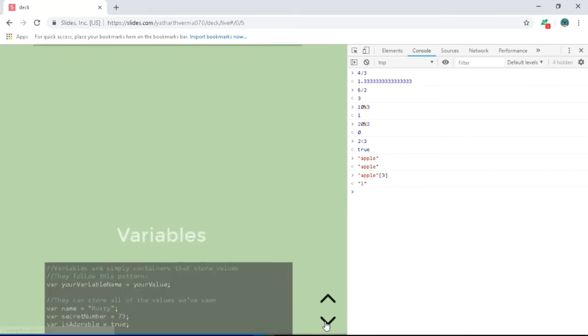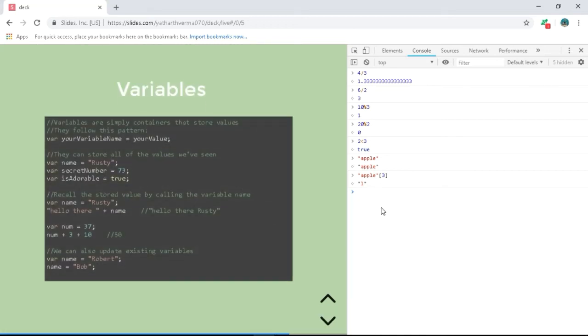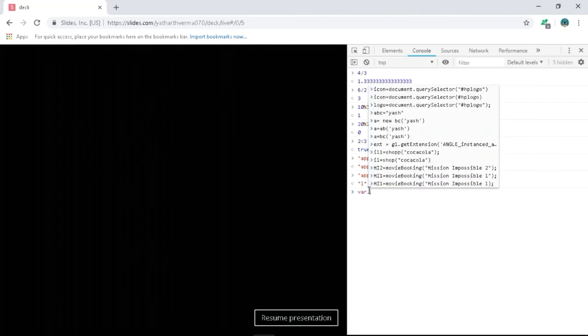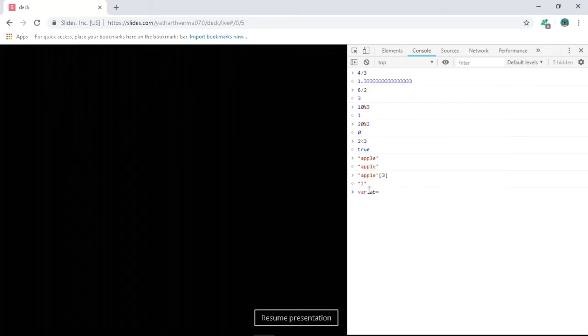Now let's move on to variables. How do we declare variables? There are many methods. We can use var. You can write the variable name here, you can write anything. You can store any name, and if you want to see it you can just write AB. You can store any number,